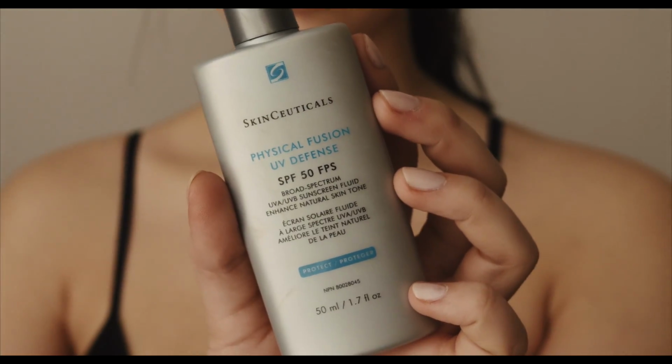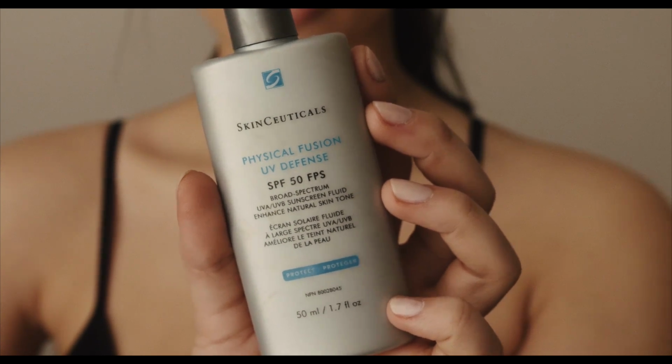So for the first step, I've been playing around with this FARSÁLI liquid glass primer. I don't know how I feel about it yet. I do like how it feels and how it smells, but I don't think it gives you that glass skin look that it claims to give, but I like it as a primer. So I don't know, form your own opinions. But it smells so good, and I'm just smoothing it all over my face